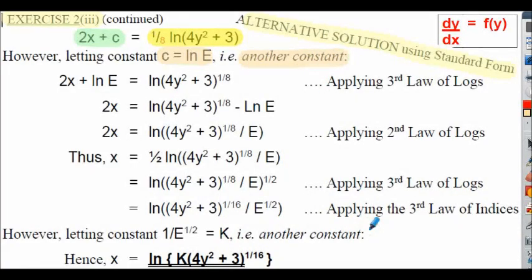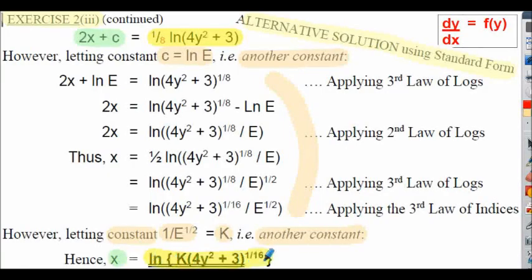Slightly more lengthy process here than in the previous exercise 2 part 3 solution, essentially applying the various laws of logarithms and indices. I'll let you review the solution at your own pace. Just notice we have yet another constant here. We're letting 1 upon e to the power of a half equal capital K. It's just another constant. And this is all for the purpose of trying to find the final solution for x,